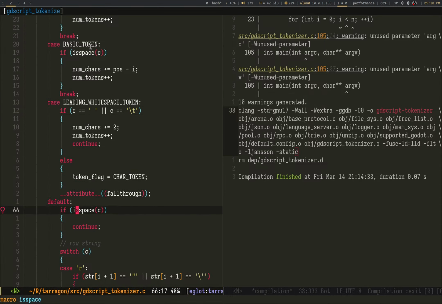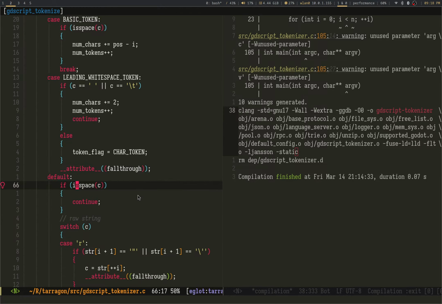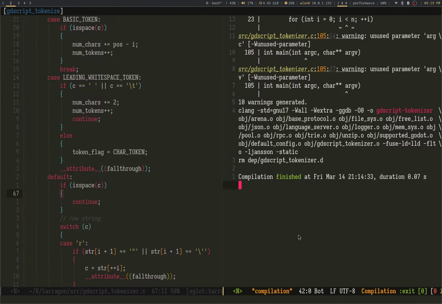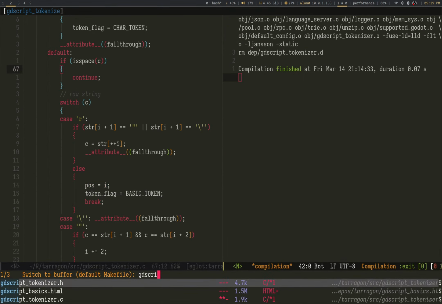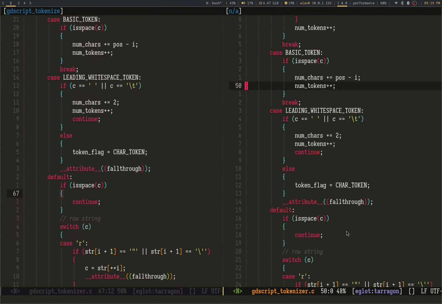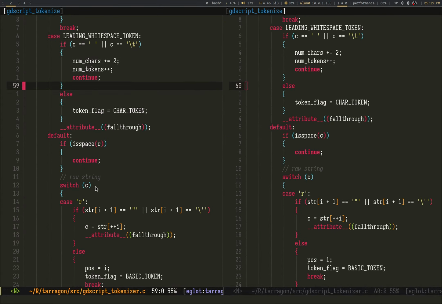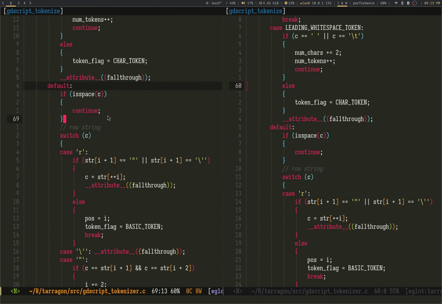But yeah, I'd like to be able to fall from basic token. So if you hit C and it's a space, I'd like to be able to go to default. So I want to be able to skip past this, which means I might actually have to make a state machine, instead of just a big old switch statement like this. Unfortunately. However, we start on leading white space.